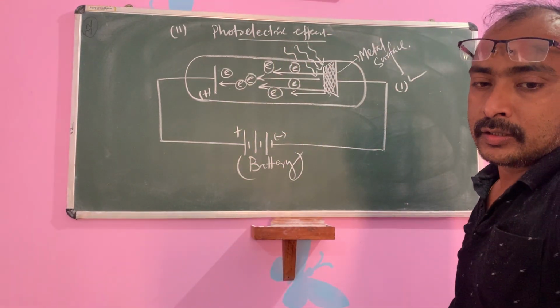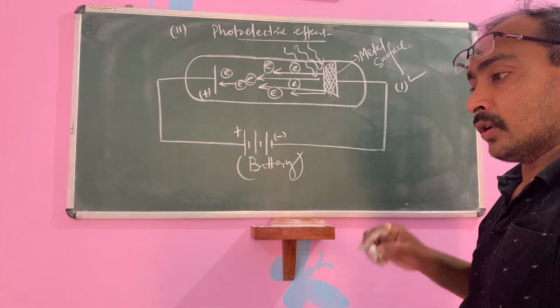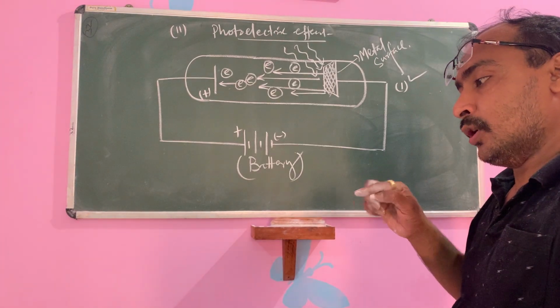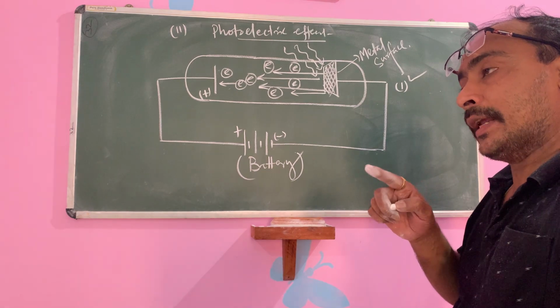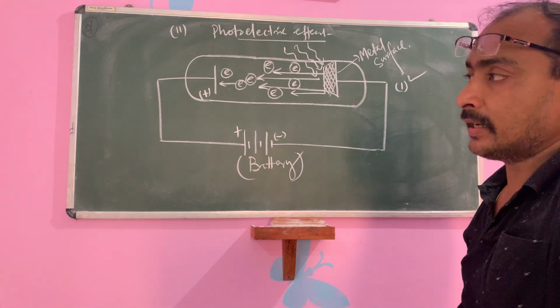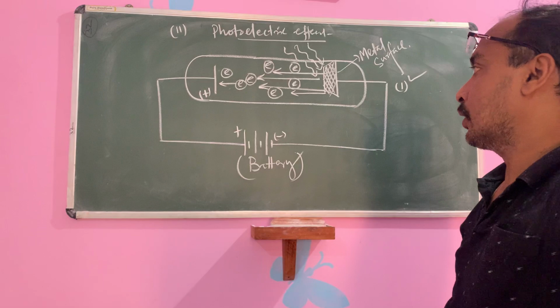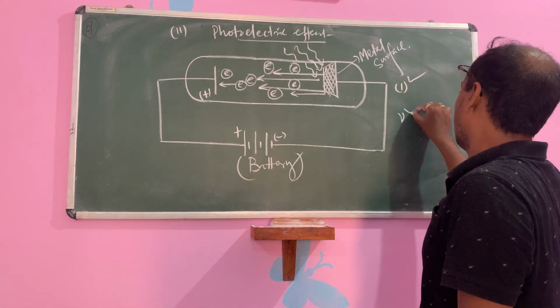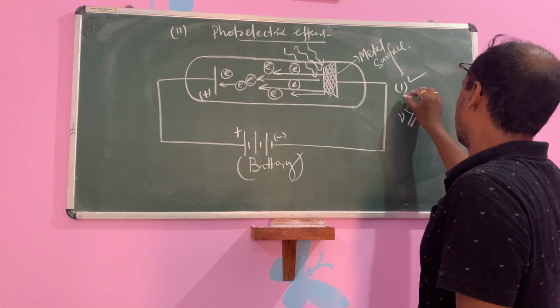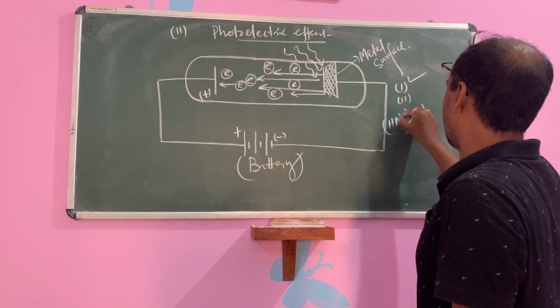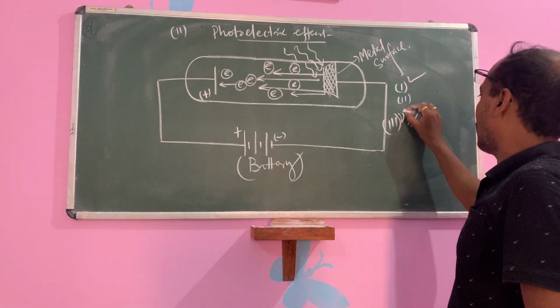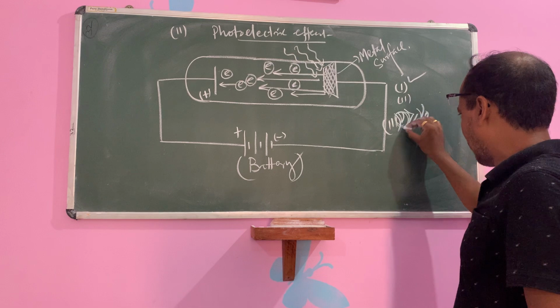Next, below the threshold frequency. Threshold frequency is the minimum frequency below which the photoelectric effect is not possible. You can say that mu and mu zero is the threshold: mu greater than mu zero. This is your third one. Threshold frequency should be such for the photoelectric effect.